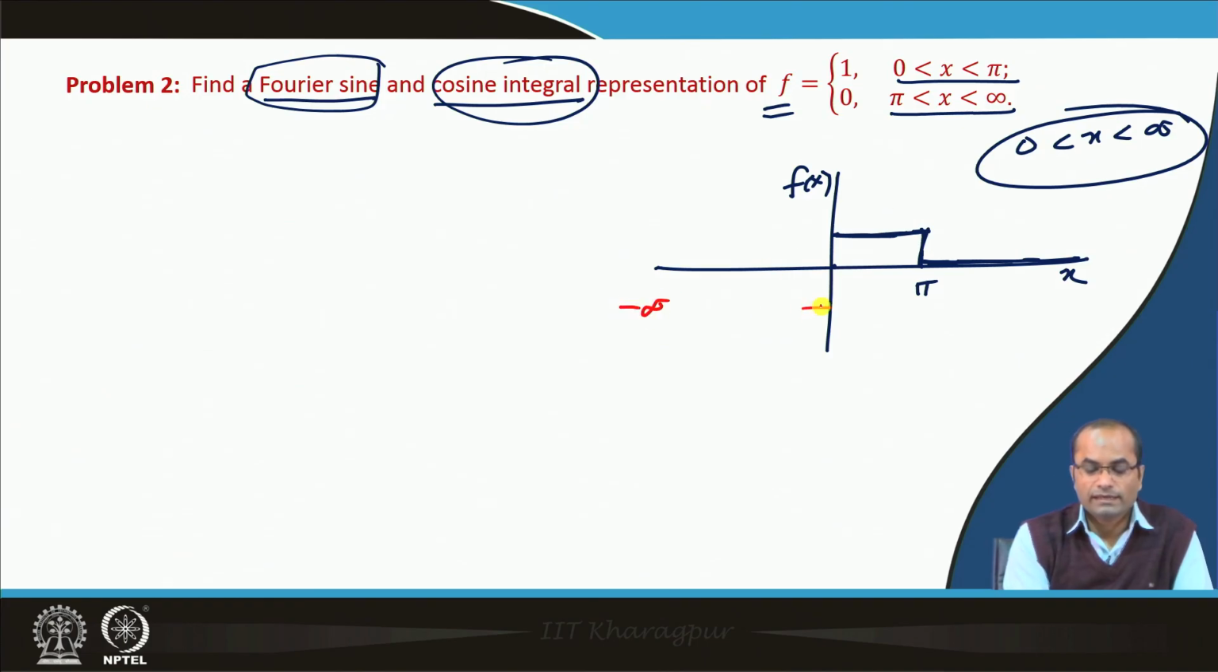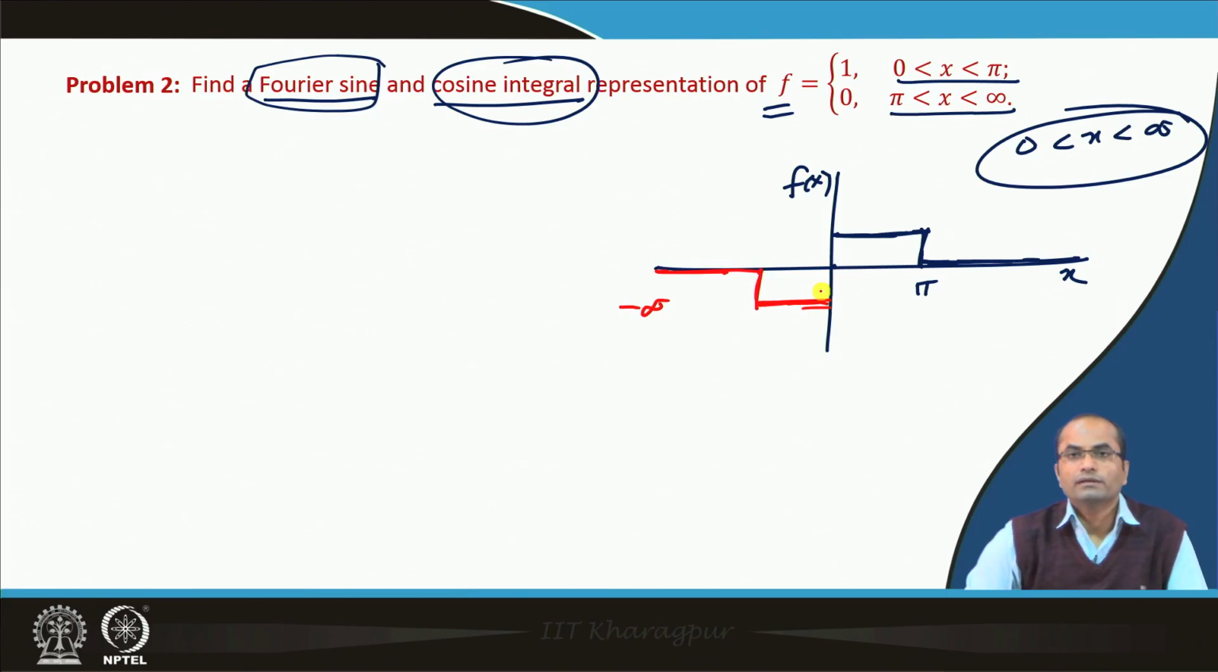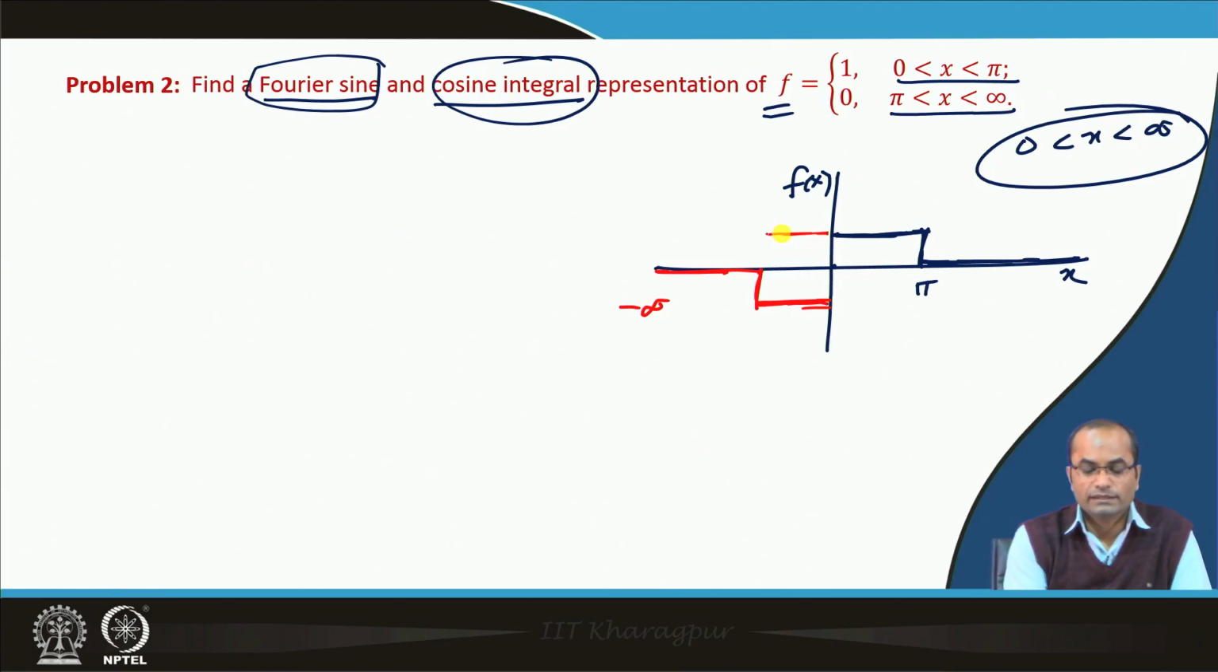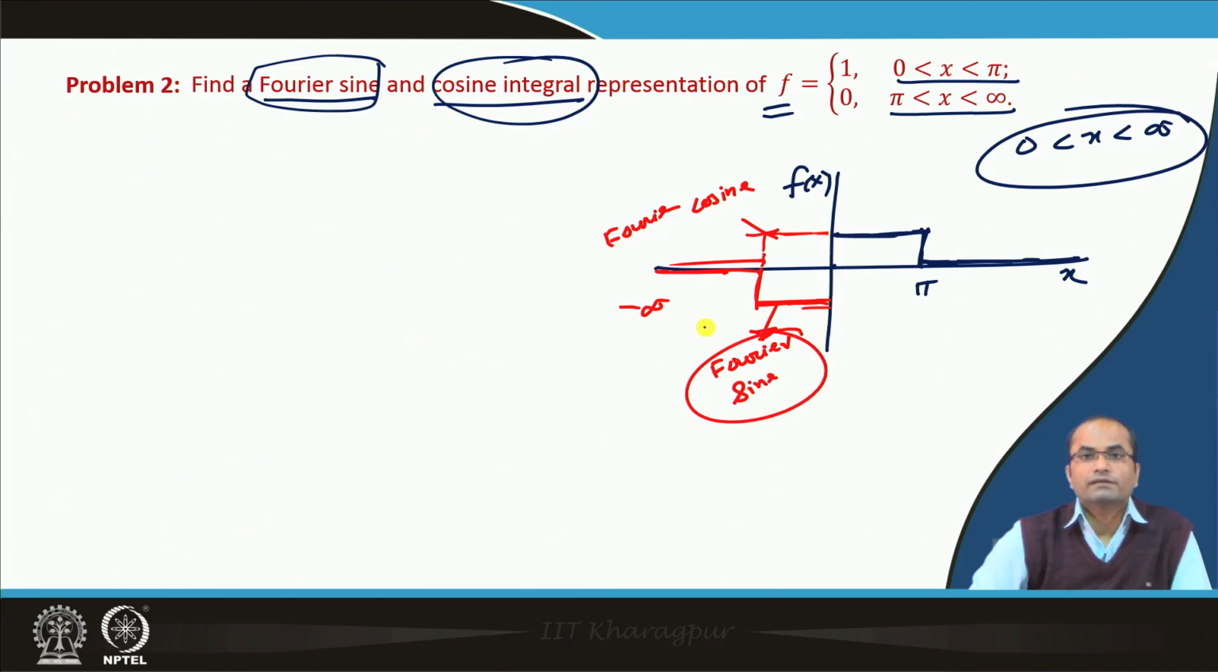If we extend it in this way, then this will lead to a Fourier sine representation, or if we extend this in this way, then it will lead to a Fourier cosine integral representation. If we extend to have this odd function, then we have the Fourier sine representation of the given function. So, we will see now,